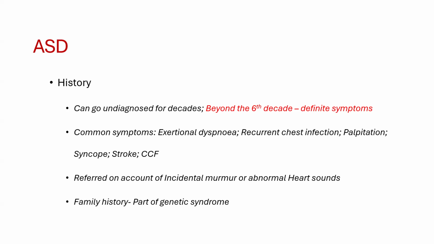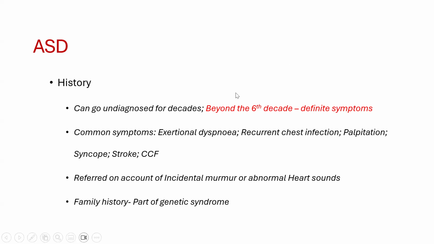So if you look at the history, like I said, most will go undiagnosed for decades. But beyond the sixth decade, you definitely have symptoms, and the reason is that as we age, our left ventricle begins to become less compliant. So your left ventricular end-diastolic pressures begin to go up, which means the pressures on your left side increase even more, and so your left to right shunt becomes larger. And so you have more blood going to your pulmonary arteries, and then you end up being a bit more